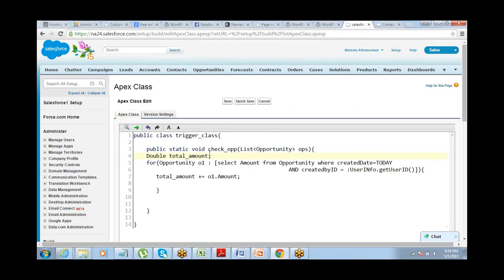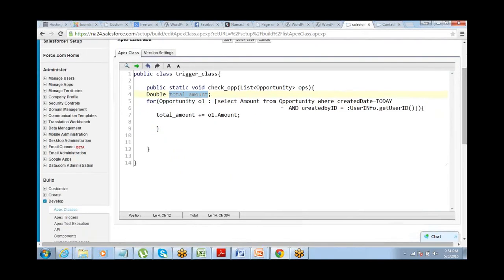Okay. So I've defined a double totalAmount. This variable I will use to sum up all the opportunities, right? So my first loop runs for all the records which are already created by that user, which are already existing in the database, where the created date is today and the created by ID is the current user. So this loop will run and keep on adding the amount to this value, and total amount initially should be 0.